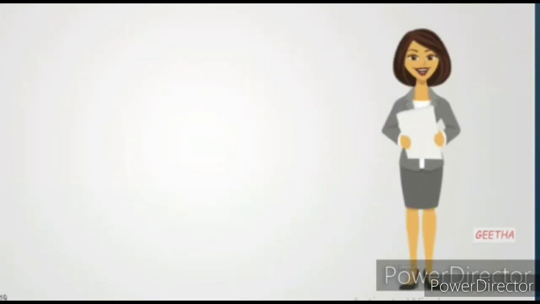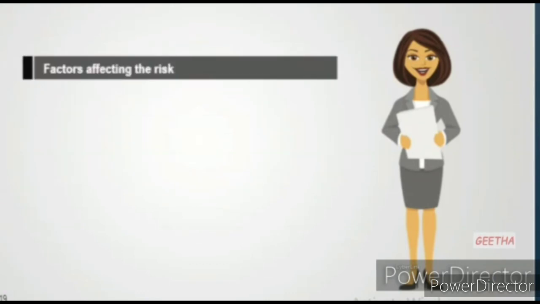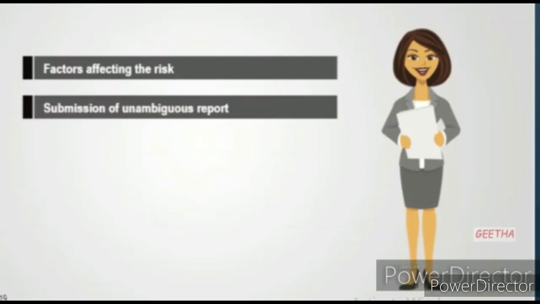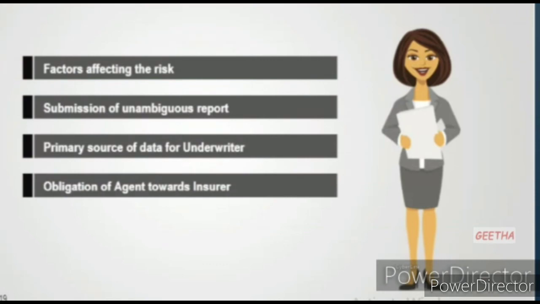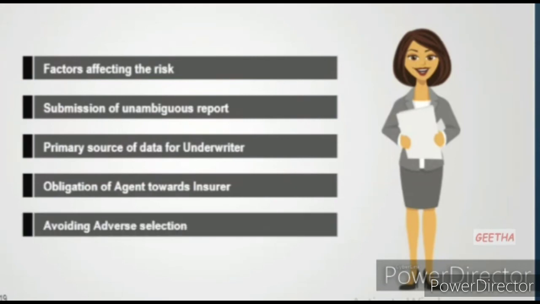Agent Confidential Report, or ACR, is a declaration by Life Mitra, or CIF. The Life Mitra, or CIF, has to inform the insurer about the factors that affect the risk of the subject matter of insurance. The Life Mitra, or CIF, has to make sure of this by submitting the unambiguous report, and also by ensuring that proposal papers do not conceal information. ACR is the source of data for the underwriter. This is an obligation that the Life Mitra, or CIF, owes to the insurer. This report is essential for avoiding